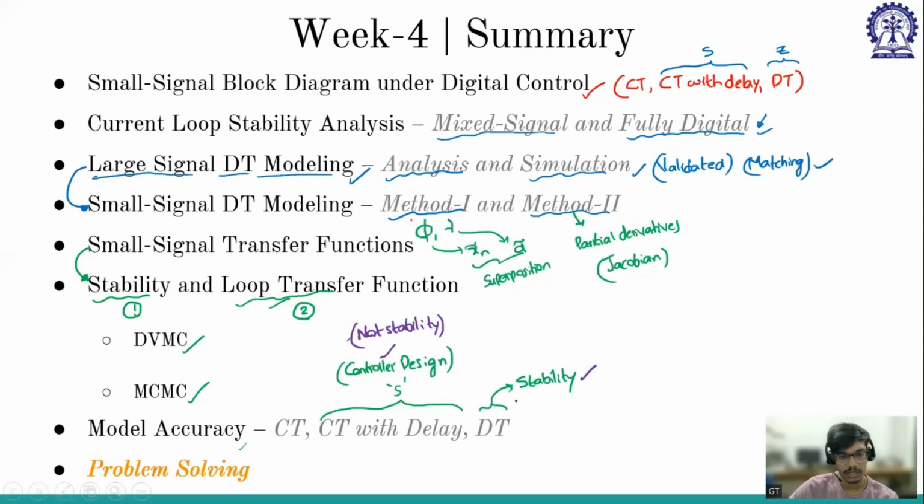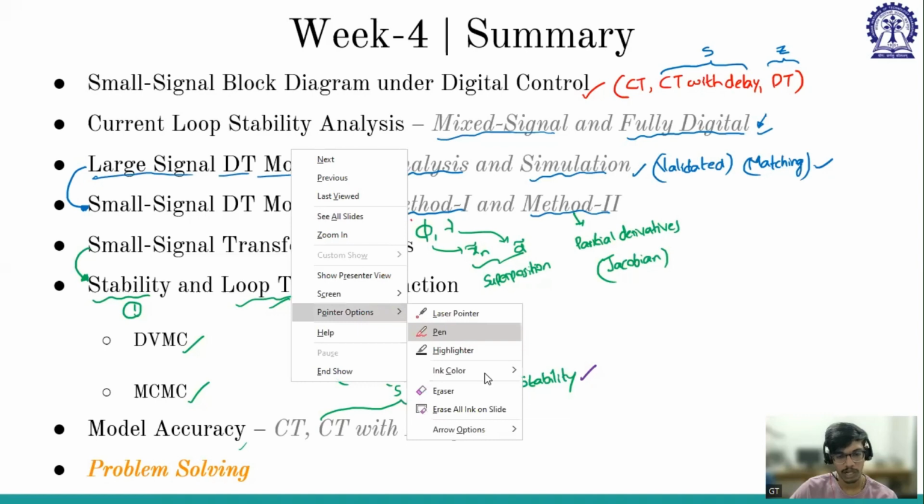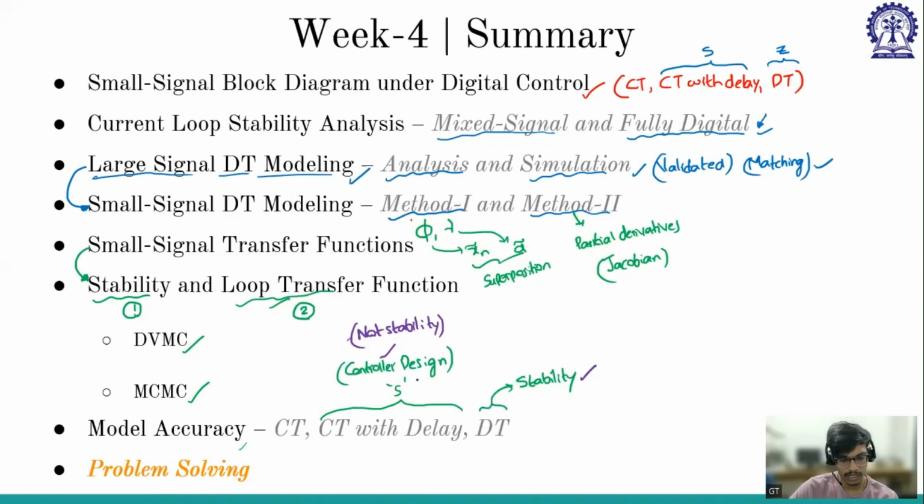Why? Because it would be easy for us to imagine S domain, right? Say if I look at a pole, I can say that it is on the left hand side or on the right hand side, and it would be easy for me. So for that purpose, we are going for the controller design using S domain approach, and you can still use the discrete model to design the controller, but it will be, I would say, complex for us to understand. As this is easy and it would be sufficient, we'll go with this method, but it will fail to give